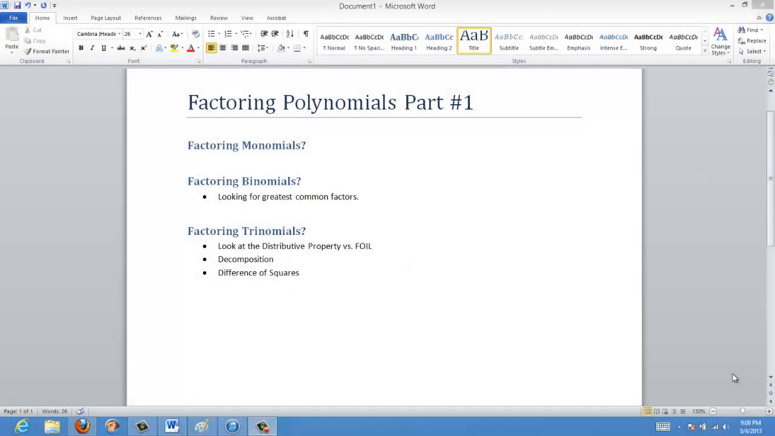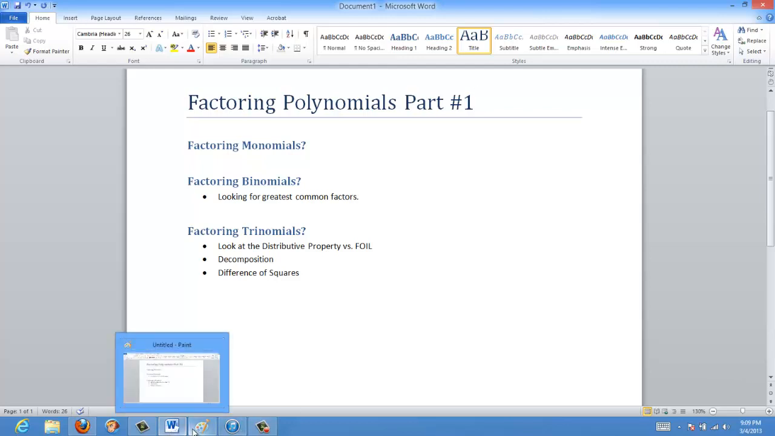Okay, so today I'm going to be talking about factoring polynomials. We're going to start with looking at the monomial, which is a polynomial with just one term. Then we're going to look at factoring binomials, and then factoring trinomials, so one term, two terms, and three terms. So let's get started. When we're looking at monomials, we're looking at just something like